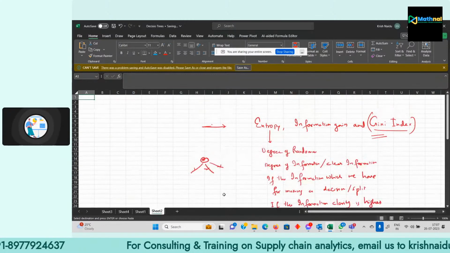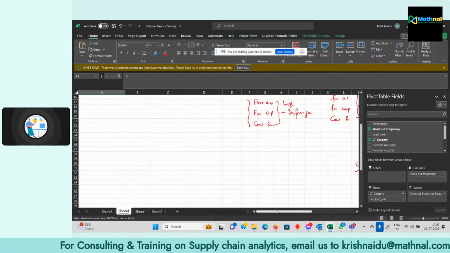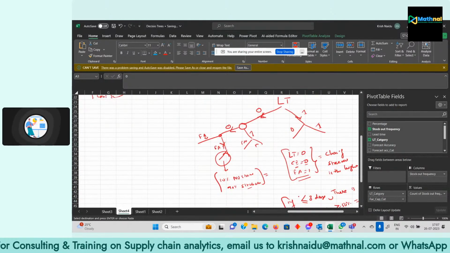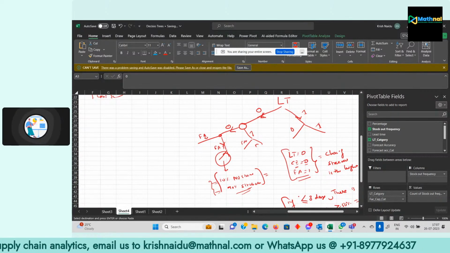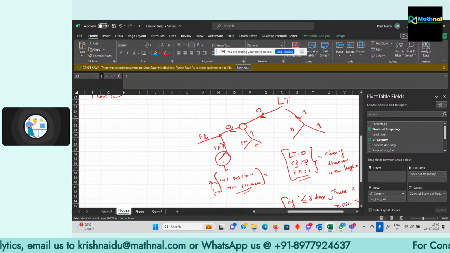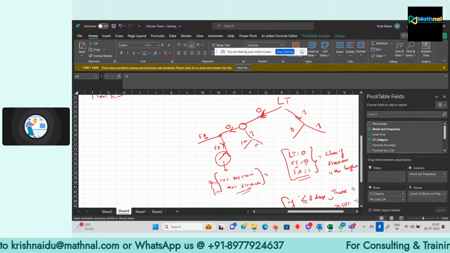We stop at a point which gives us very clear information, like we are stopping over here, 10% and 90%. This is very clear information. 90% chances that the stock out is there, 10% chances the stock out is not there. And what is the root? What is the branch flow? This is a branch,